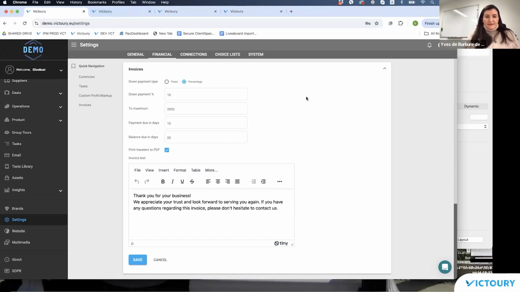Of course, there are some standard regulations in Victory which will not generate a down payment in case the down payment due date does not fit in the interval before the start date. Or in case I make a stupid setting here and increase the down payment due days to be much higher, and it will just be calculated in between the rest payment date and your travel date.